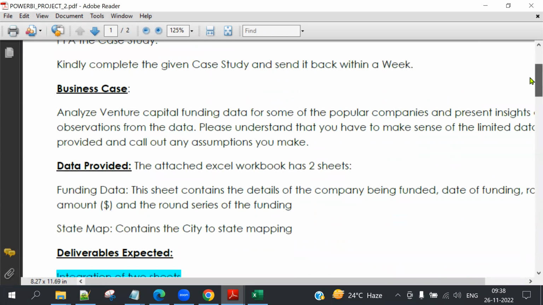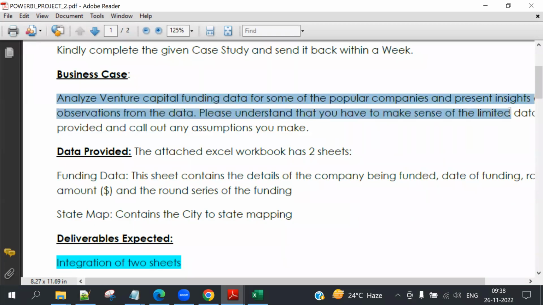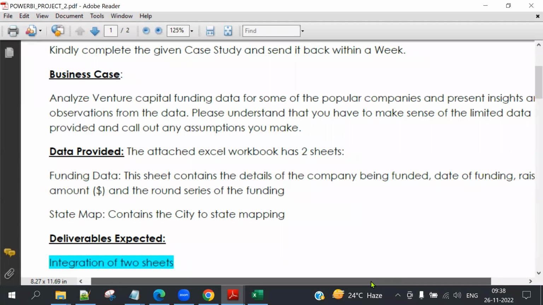Business case: analyze venture capital funding data for some of the popular companies and present insights and observations from the data. Please understand that you have to make sense of limited data provided and call out any assumptions you make.